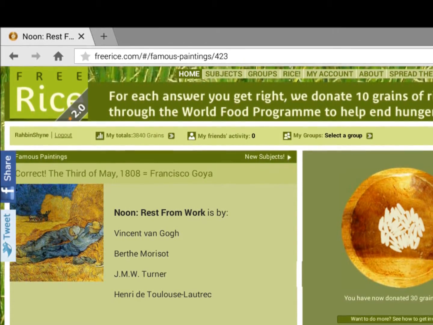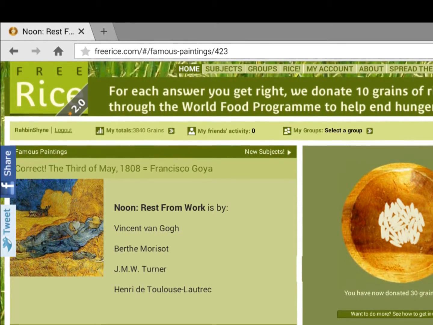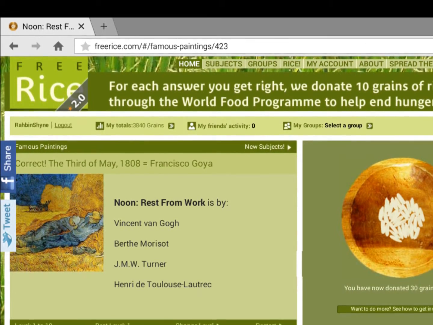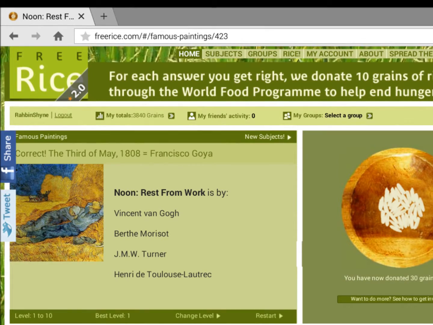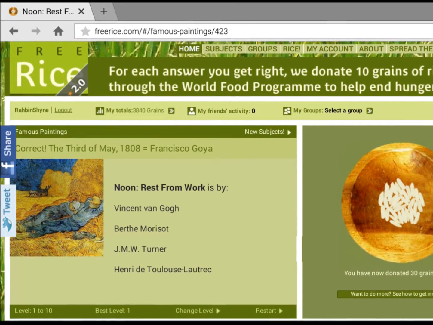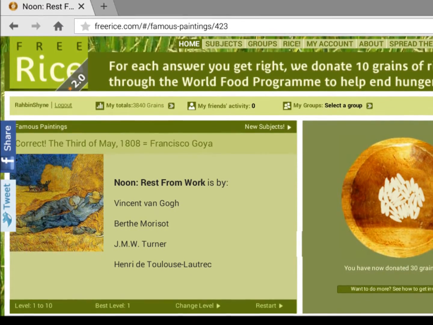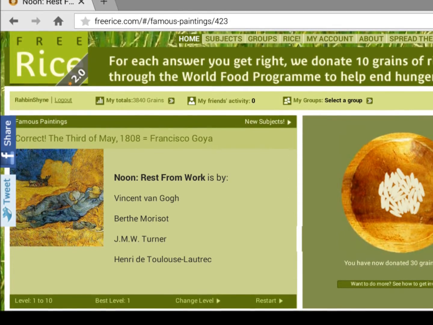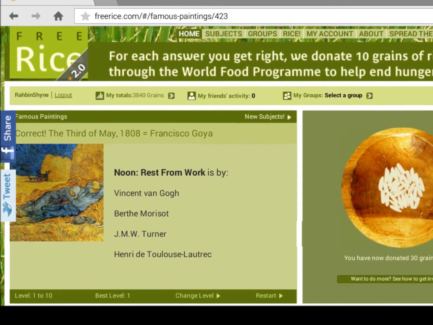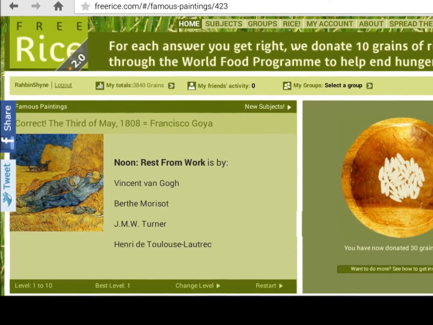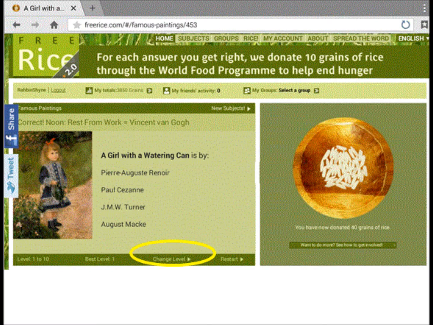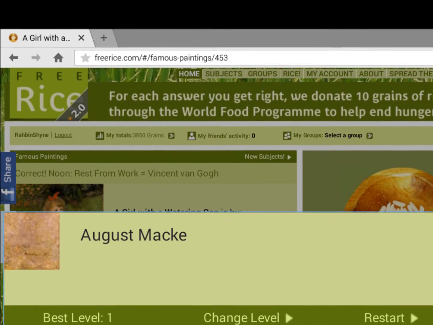Let's take a look at one of the other categories. So here you see the famous paintings. If a student were to scroll over the painting, it'll get a little larger so they can get a few more details if that would make a difference. And the prior piece of art shown was from Goya. This one is obviously a Van Gogh, and this is the basic level. And then students can choose to make it a little more challenging. Changing levels is as simple as going to the change level icon and clicking on that.